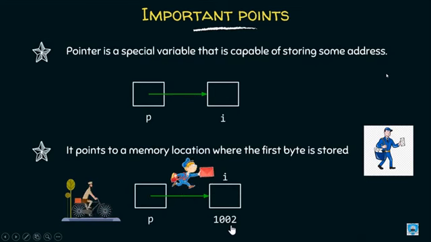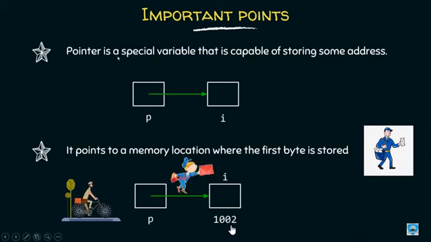Now if we want to easily understand the pointer, we can compare it with a postman. As you can see in the graphics, whenever you write a letter to your friend, family member or any teacher, college or anything, you first mention the address. In the address, the key element is the pin code. According to the pin code, the postman classifies all the letters, then after that comes the landmark, and then the particular place where the post is delivered.